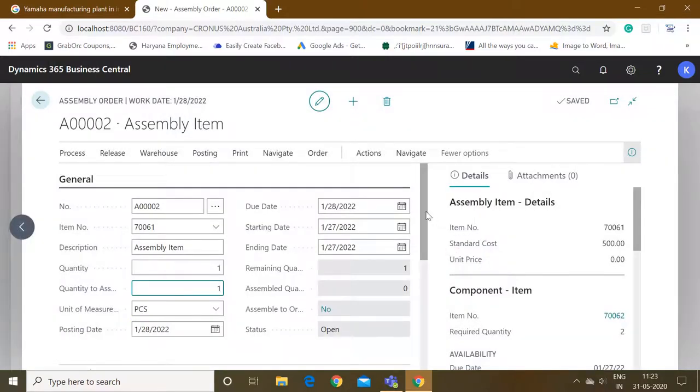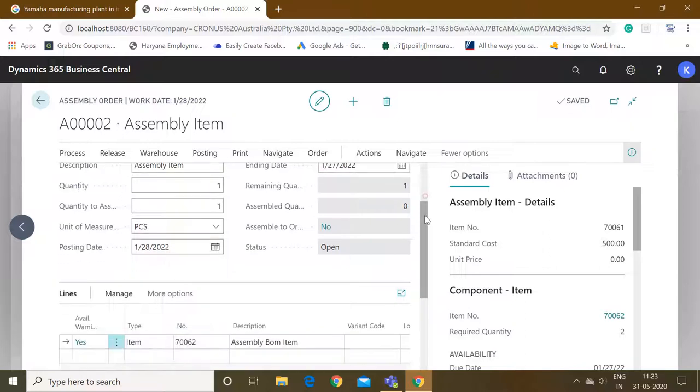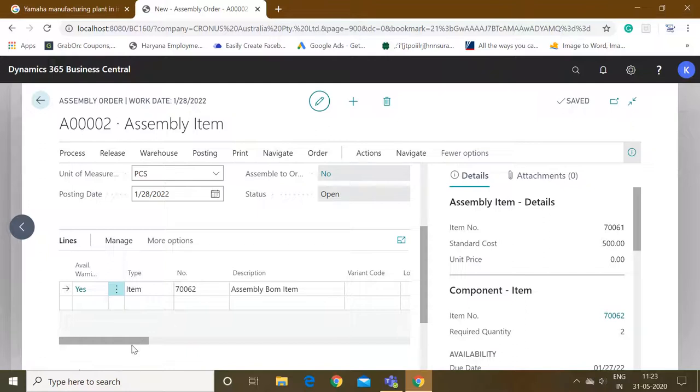Okay, now it is saying that quantity to assemble is automatically turned to 1, remaining quantity is 1, assembled quantity is 0. Why? Because we still have not posted this order to generate an inventory of this main assembly item. Okay, in the line we can already see that